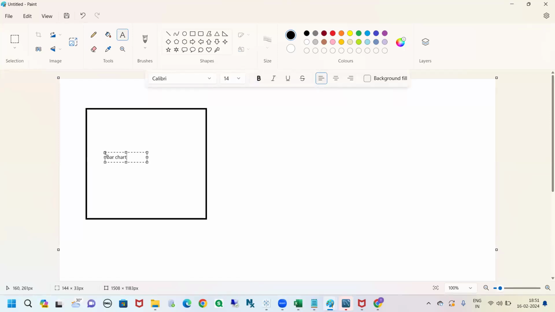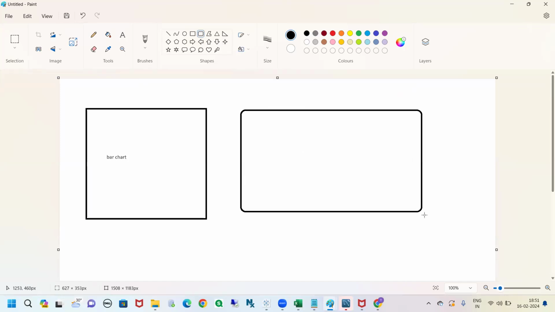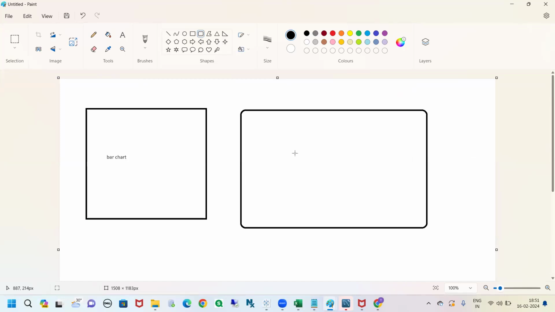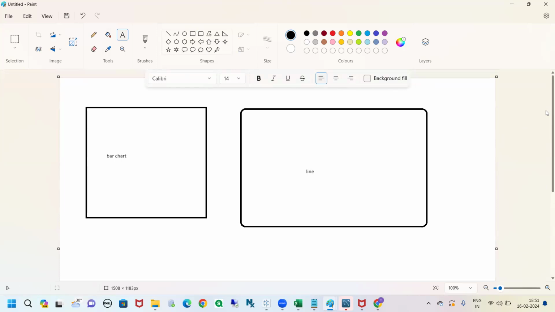He will tell you like this. It should be bar chart. And next to this, he will say, I want to see a line chart. Like so, he will not tell you we have to create a dashboard or we have to create a workbook. He doesn't tell you. Why? Because you see,